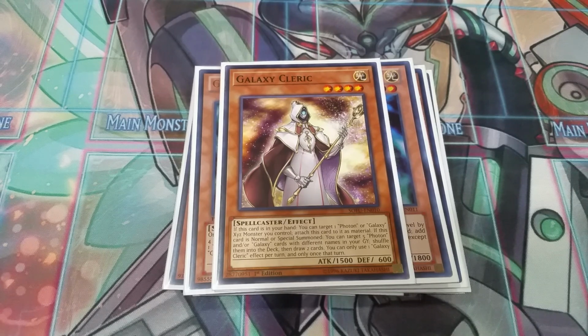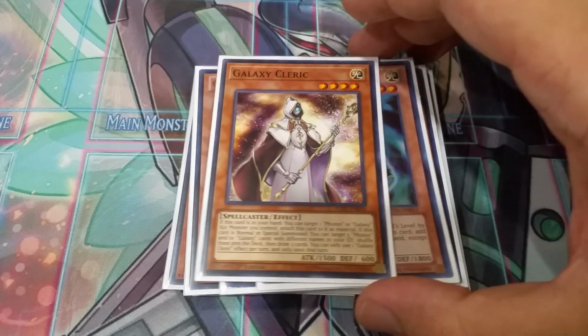Next, we play only 1 Galaxy Cleric. This is one of the newer cards, too, from Soul Fusion. I guess it's not that new now. But basically, if this card's in your hand, you can target 1 Galaxy or Photon monster and attach it as material, which is cool. And then if you normal or special summon this card, which has a decent body, 1500 attack,